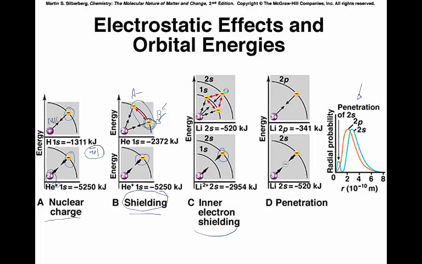Now what we're going to do is look at the energy of that 2s electron right there. So we're looking at that energy. And now we're going to put 2 more electrons in this inner shell. So in this 1s orbital, we're going to put 2 electrons in there. Now what's going on? Well, all the electrons are repelling each other, and this electron out here now sees a